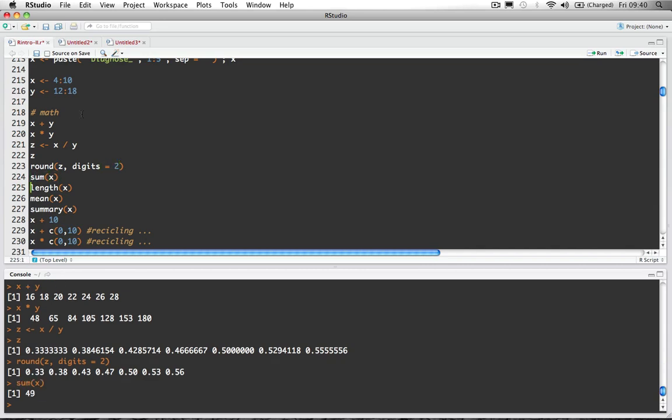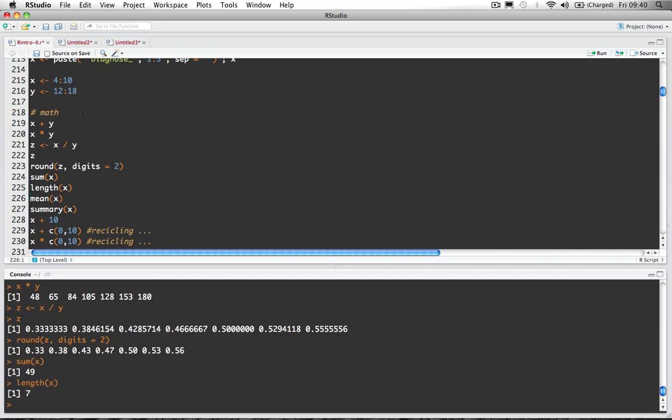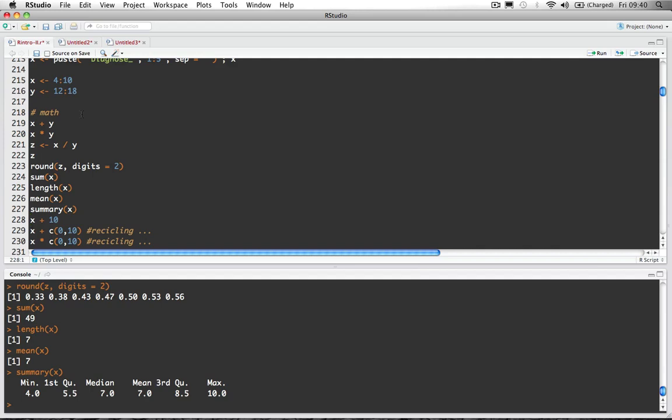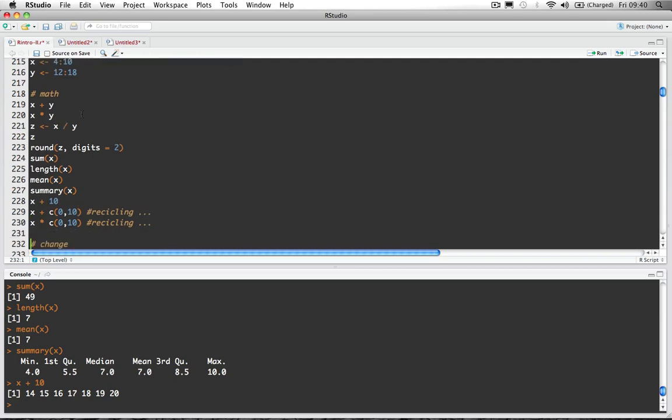Sum of all the elements of the vector, which is the length of the vector, 7 elements, which is the mean, which is the summary. Summary is calculating some statistics over it, the minimum, the first quantile, the median, the mean, the third quantile, and the maximum. I can add one single number, and it's gonna be adding to each element of this, 14, 15, 17,